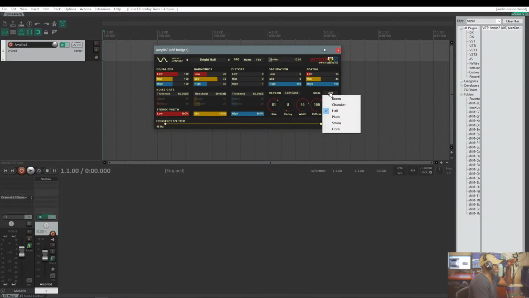And then right here they have a mode for room, chamber, hall, pluck, strum, honk, for the different, I guess, reverb types. Now all the way at the bottom, this is where it all comes together. You have your frequency splitter for your low, mid, and high. So by default it's set to your low